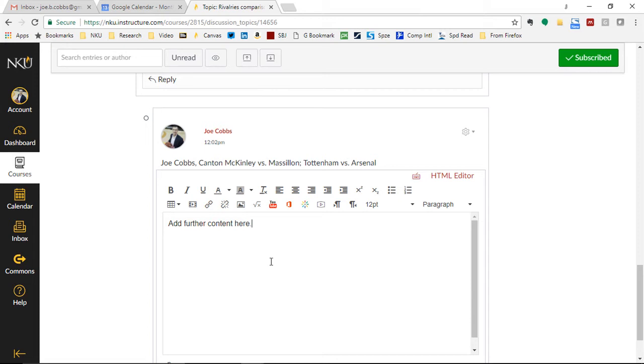Maybe you look up some information on one or both of your rivalries and you want to remember where that information is. So you might paste internet links here, or citations to articles that you found or books that you're going to use to develop the content for this assignment. So you can put that content in here, or you can put some notes from those articles that you want to remember as they relate to the questions for the assignment, which you can see in the guidelines posted within